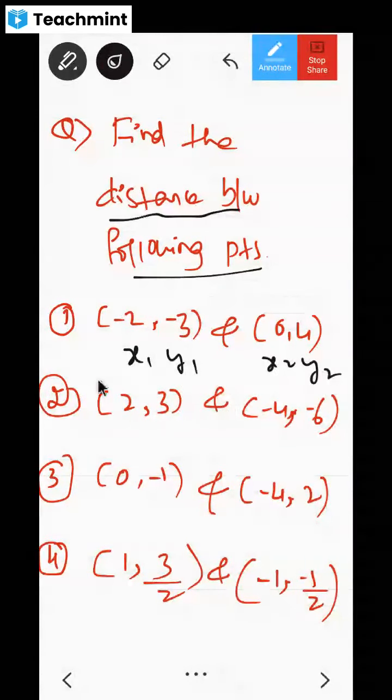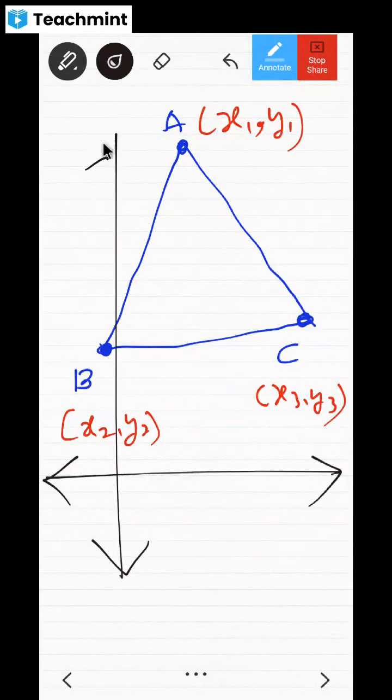Because there will be some y-axis, some x-axis, and in that only this point must be there. Now y-axis and x-axis can be like this also, and can be like this also. You can take anyhow you want, but these points will be having some coordinates or not, dear children, in this Cartesian system of x-axis and y-axis. It can be at the middle also, like this. In that, A is on the y-axis, B is somewhere here, some x, some y, and this point C is here, some x and some y. So it can be anywhere. That's why I'm not bothering about this, but these x1, y1, x2, y2, x3, y3, whatever are there.